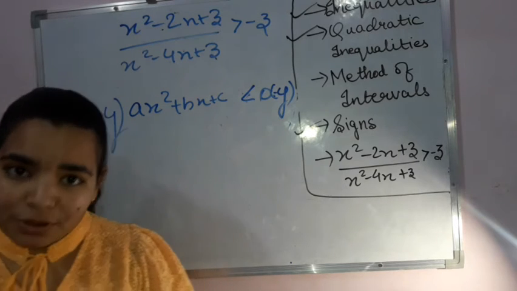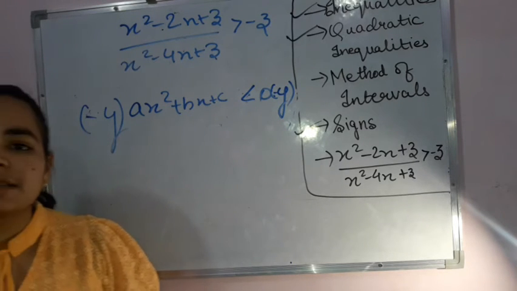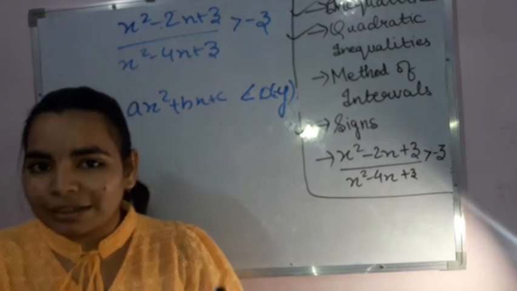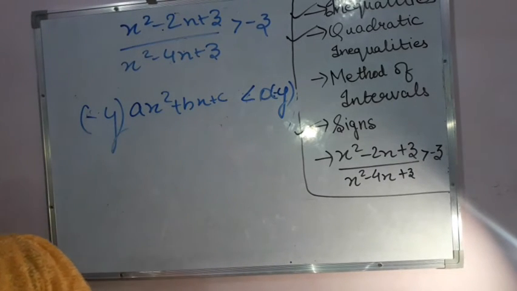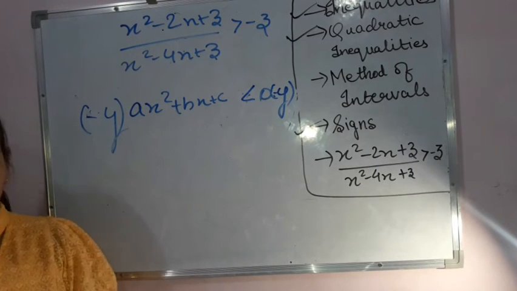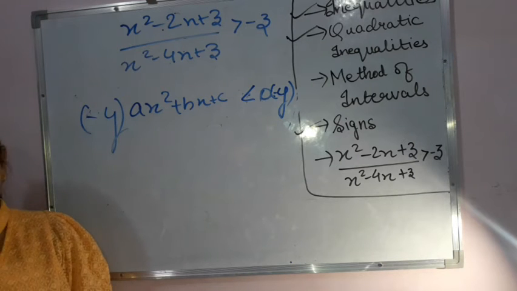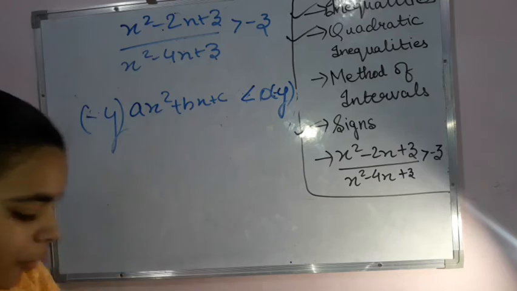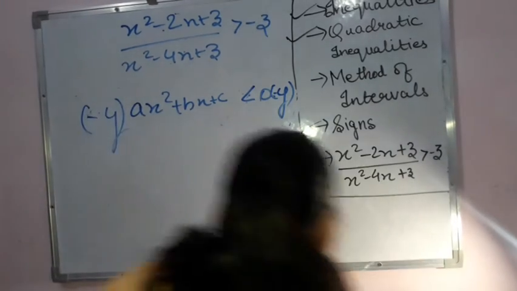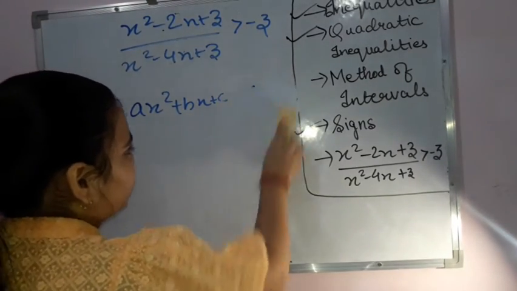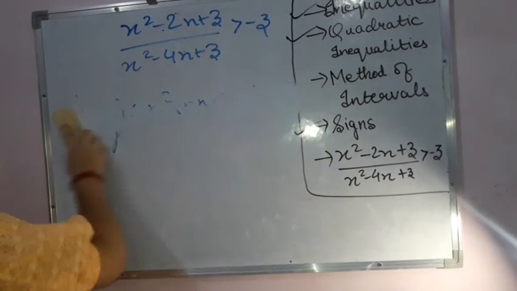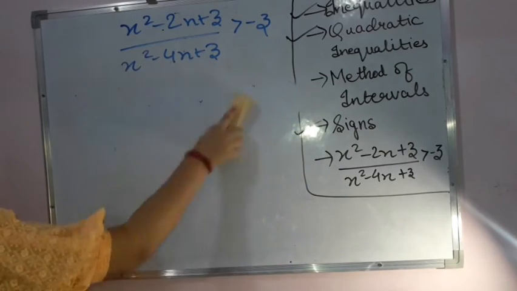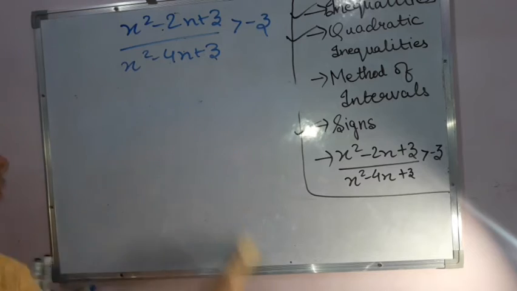Multiplication or division with a positive term will not affect the sign of inequality. But multiplying or dividing by a negative term will definitely affect the sign of inequality. It will reverse the sign of inequality that was already given in the question. Right? So I hope that this part is clear. That is how to bring the terms to one side, and when and how the sign of inequality is changed.